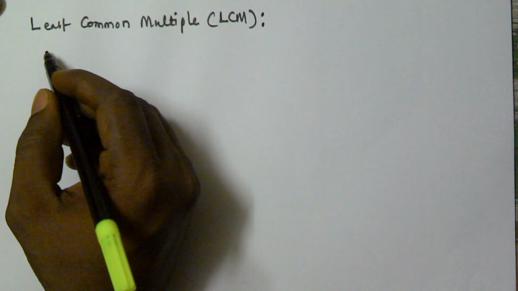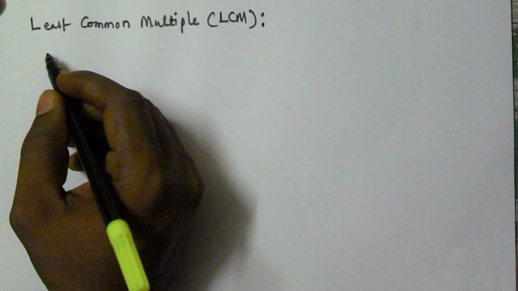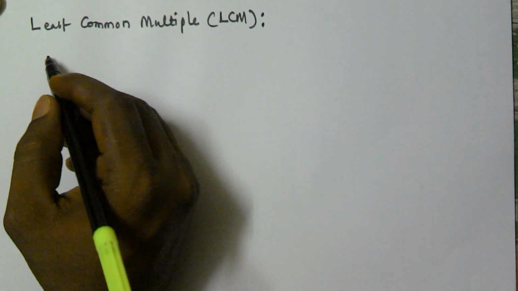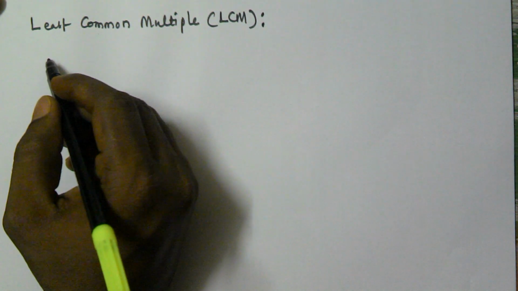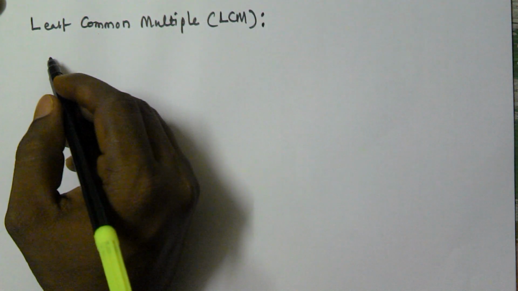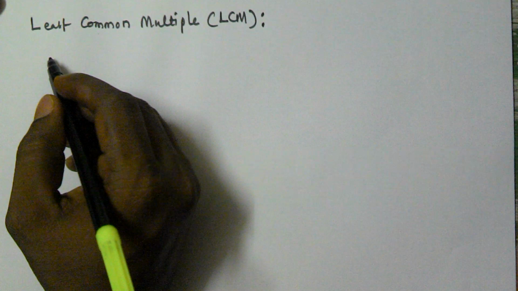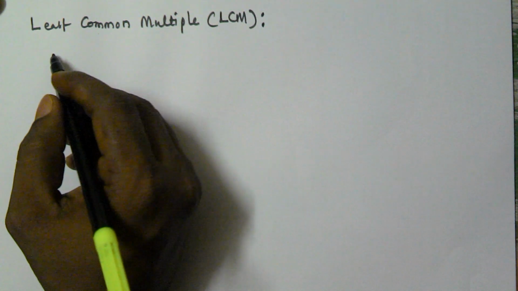Hello friends, in this video I am going to explain the concept of LCM and how to find the LCM of given numbers. LCM stands for least common multiple. The definition of LCM is the least non-zero number in common multiples of two or more numbers. For example,